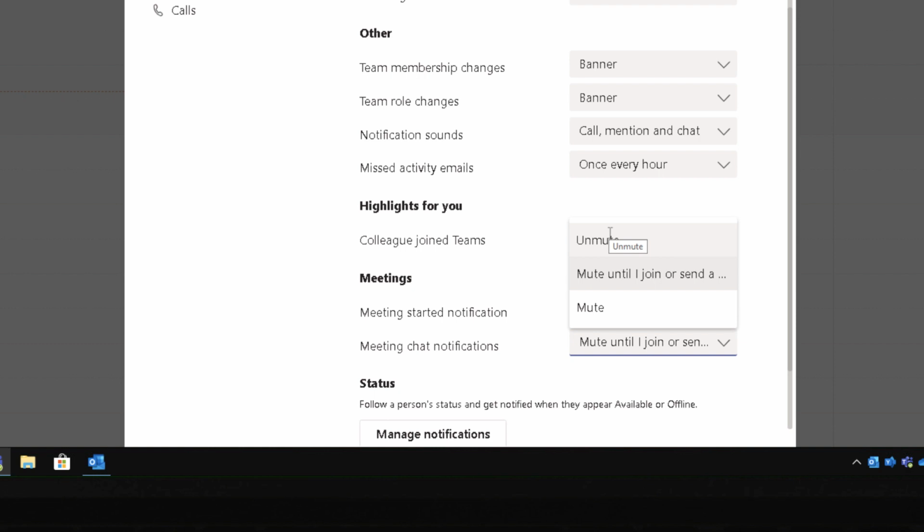If you want to suppress that, you can select this middle option right here, mute until I join or I send a message. What's great about that is now the meeting chat, even though you weren't in the meeting, you still get that chat, it just won't notify you of those chats. So if you're needing to focus on the meeting that you're in and you're going to go back later on and check the chat for the meeting you couldn't attend, you still have those chats, it just doesn't bother you